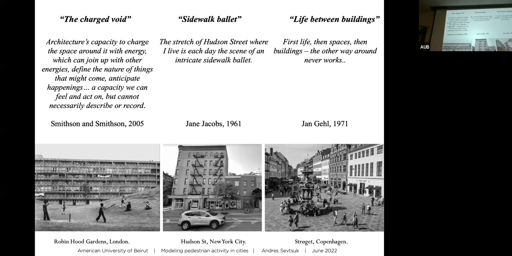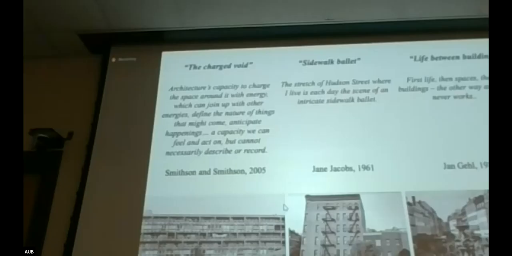But they generally, just like most architects, claim that it's a capacity we can feel and act on, but cannot necessarily describe or record. In other words, they agree that the built environment, the land use planning, the density, the configuration can affect the modalities and activity patterns that take place between the buildings, but there's something that we can't quite analyze. We can simply feel and have an intuition about. Jane Jacobs has famously discussed,